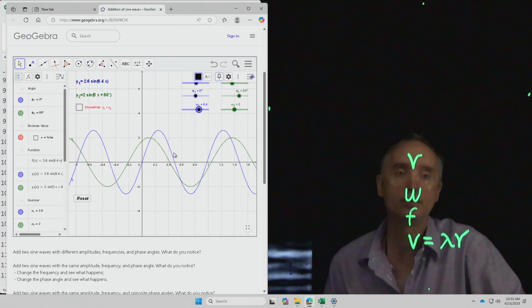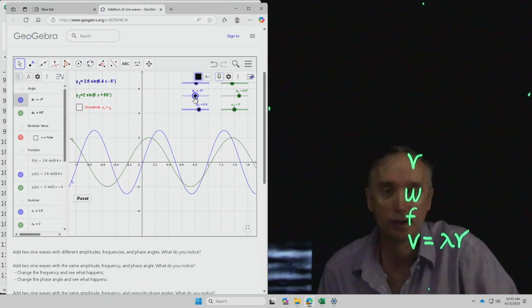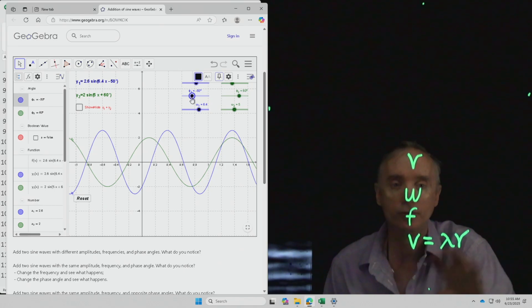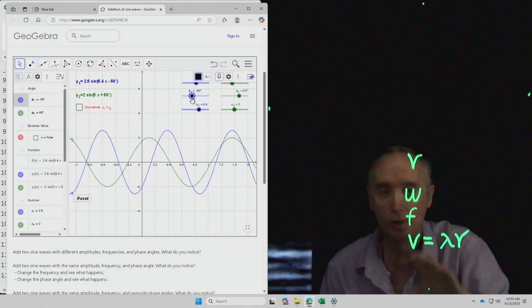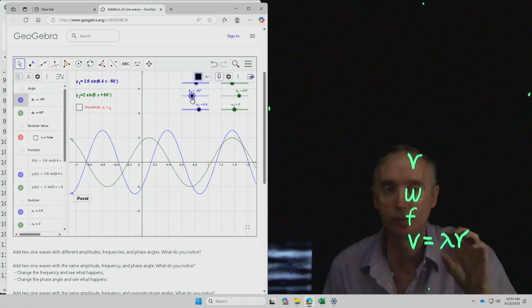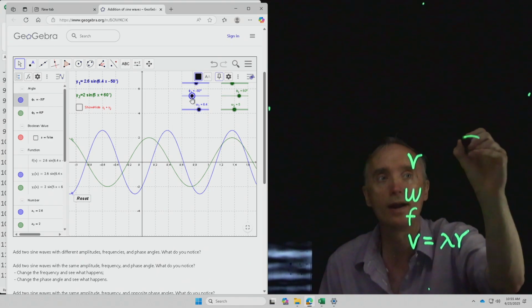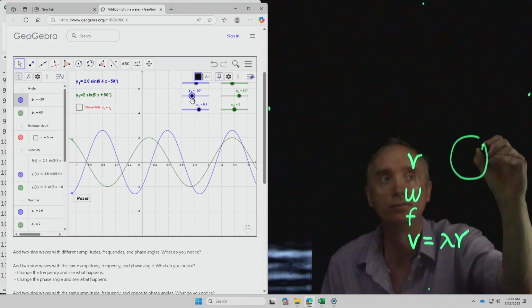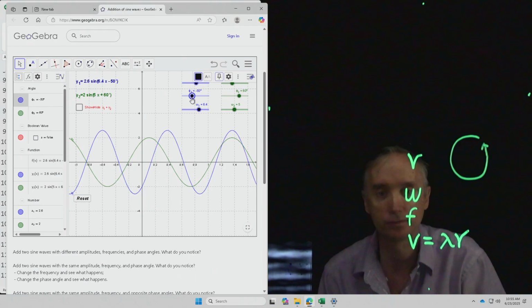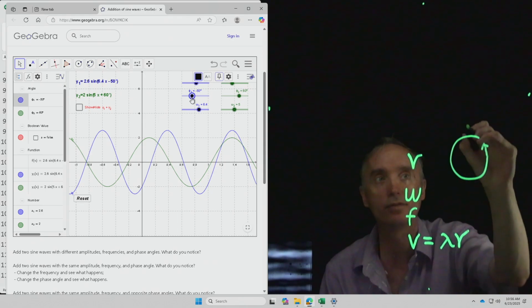So that brings us to this blue slider up here. And I want you to move it back and forth, and I want you to observe what happens on the screen. And this is going to be called the phase of the wave. So I wanted to explain to you, what do we mean by the word phase? Okay, so if you go around in a circle, how many degrees is that? Okay, I heard somebody say it. So that's going to be